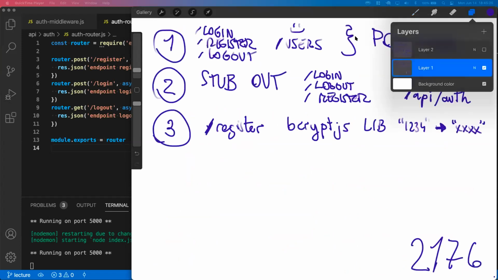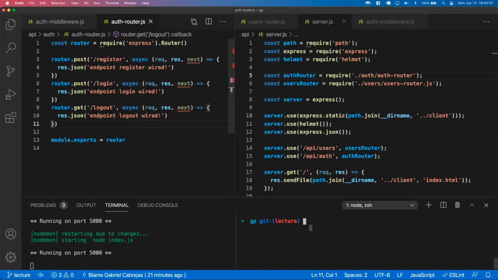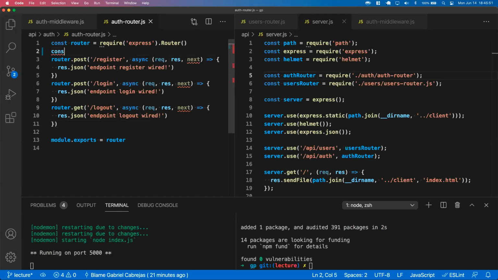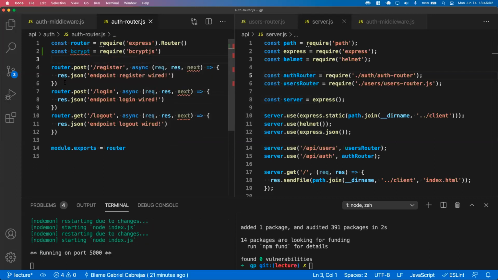Okay, so back to here. Now we know we want bcrypt.js because it does a whole lot of good stuff to the plain text password, right? So let's pull it into the project and require it into the auth router. So npm i bcrypt.js. Okay, and then pull it in: const bcrypt equals require bcrypt.js. All right, and this thing will be used inside register and later on inside login also, because